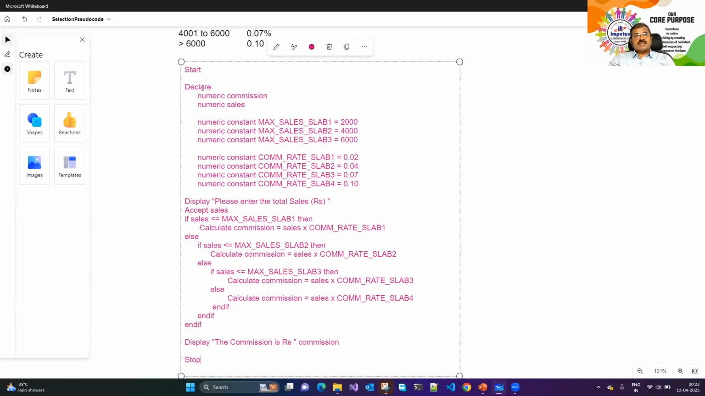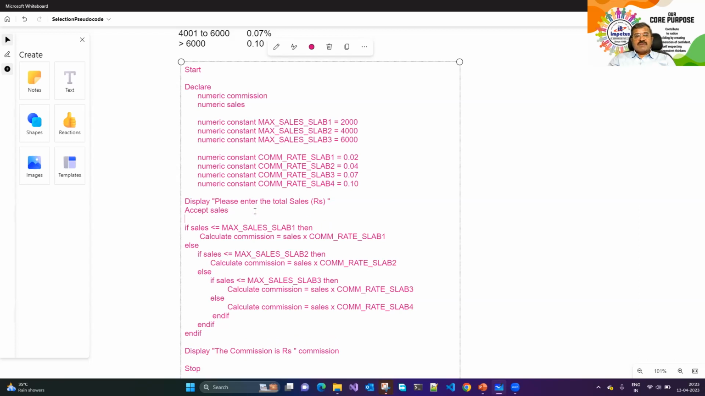So check out, start. We declare the required variables, all the constants and all the slabs. Then we ask the user to enter the 12 sales. We accept the sales. After we accept the sales, we are checking for the condition. This was with an assumption that most of your salesmen's sales are going to be on the lower side. So if sales are less than or equal to max sales for slab 1, then the commission that we are calculating is at the rate of 2%. If it is less than or equal to max sales for slab 2, that is, less than 4,000,